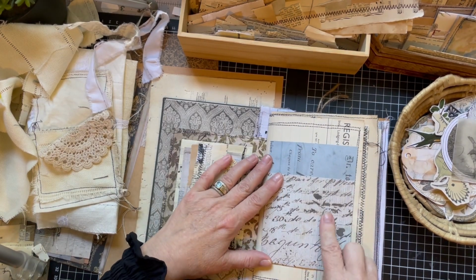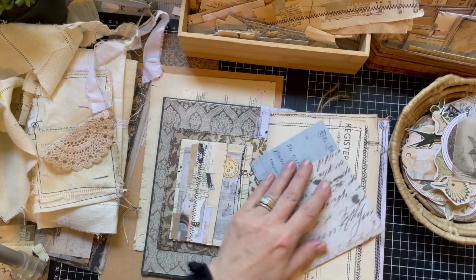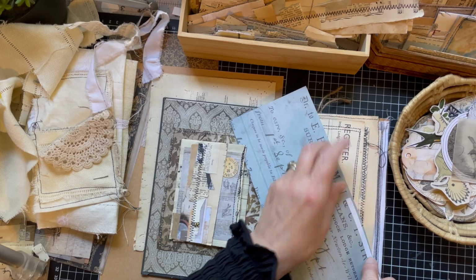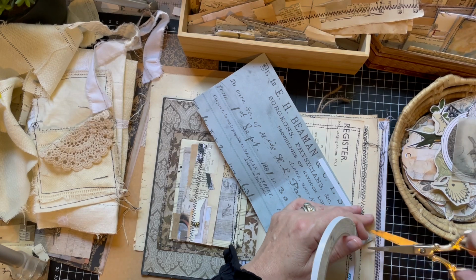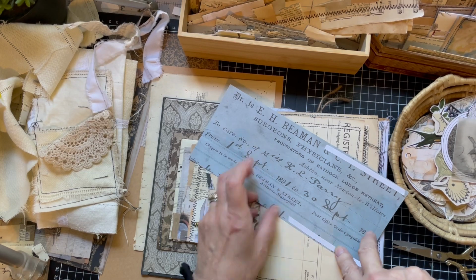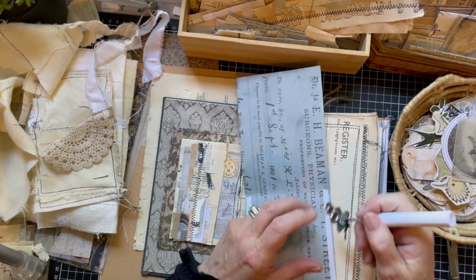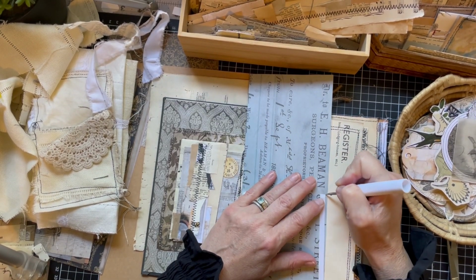Okay, so those of you who know my style know that I don't like to start at the beginning or do anything in any specific order, but I do have these beautiful papers that were gifted to me and they're a favourite thing. I tend not to use many digitals these days, in fact, if any, but I am collecting papers from all over the place. Oh gosh, look at that. That's a sign. That's a little tiny busy bee. We're going to be busy today